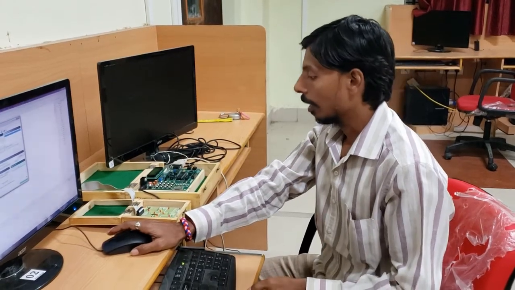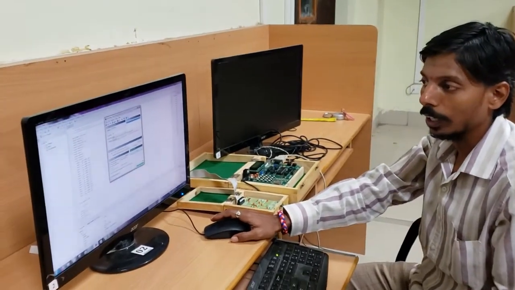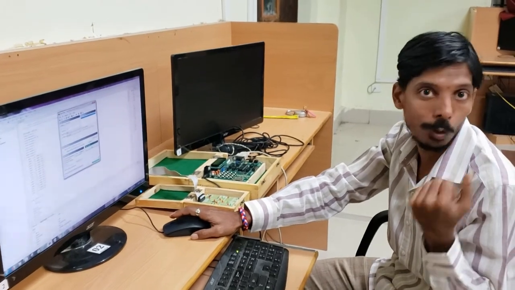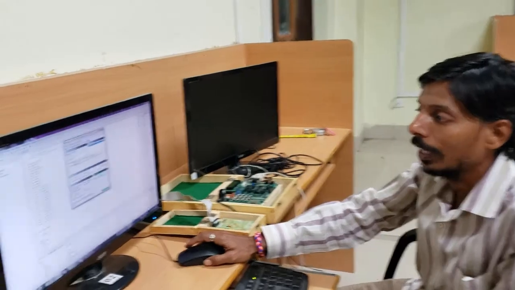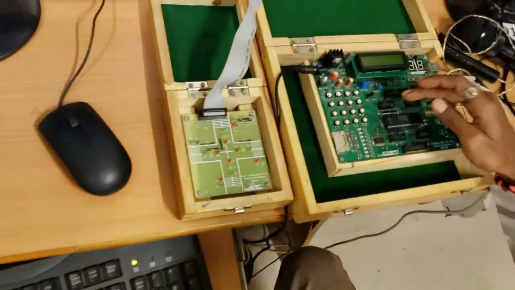Hi guys, as we are about to go for this TLC programming, that is traffic light controller, as already sir has told you on the board the theory part and how to program everything. Here I have already done the programming and dumped it into my kit. So the program is being dumped into my microcontroller now.